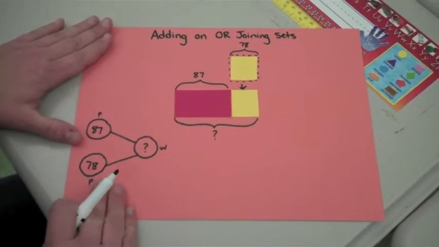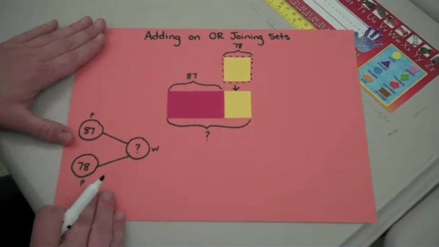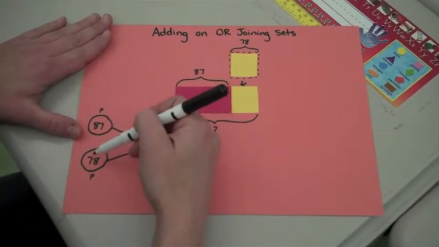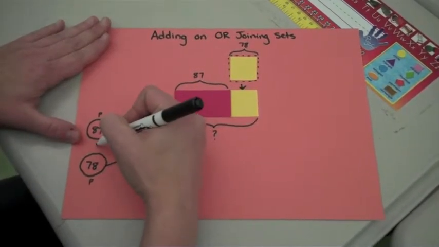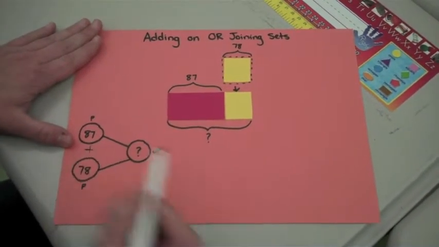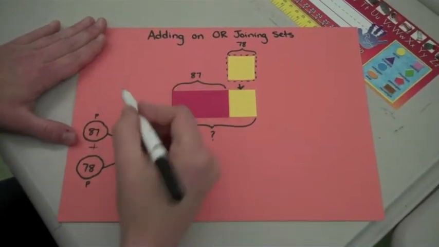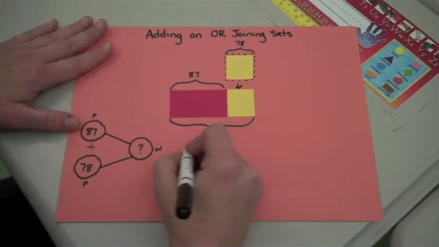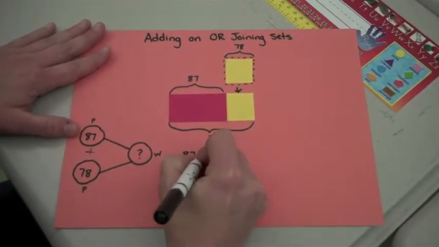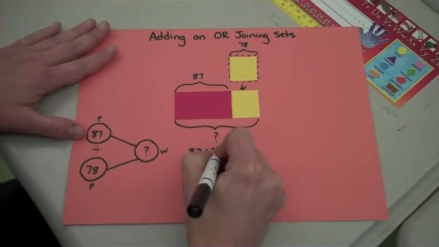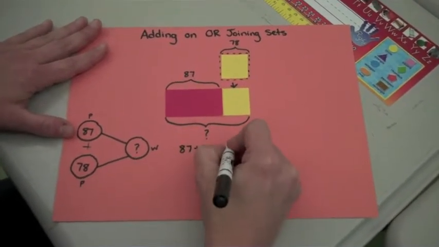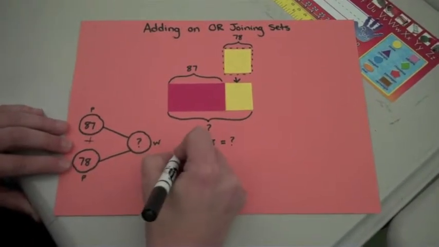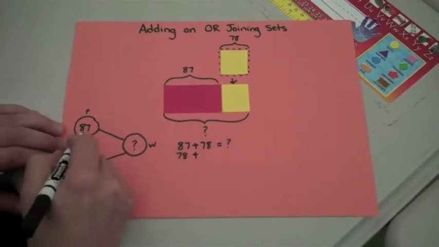From their number bond, they should all be writing their fact family facts. So I've said to them that the numbers that go up and down look almost similar to an addition symbol. So these numbers get added and these numbers get subtracted. So the first fact that I'm going to do is 87 plus 78, and that equals question mark. The second fact that I'm going to do is 78 plus 87